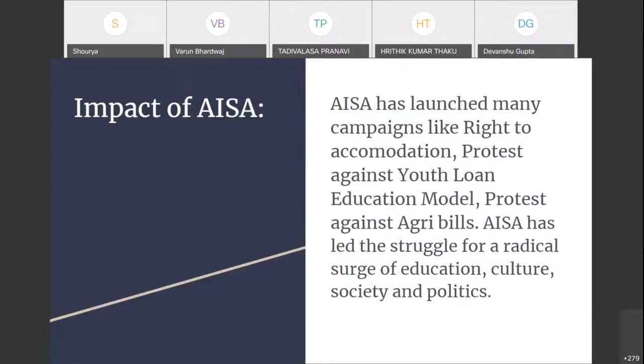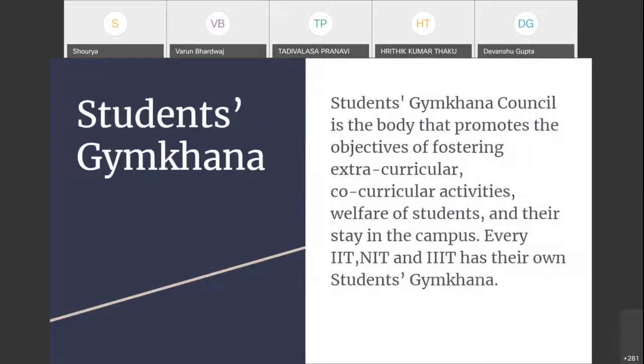So all these orgs we discussed were somehow affiliated to political parties and, to some extent, had connections to other parties that bring some sense of political intrusion into the matter. Now let's talk about neutral student education councils that are around. You must have heard about Student Gymkhana in our college too. So what is basically a Student Gymkhana?